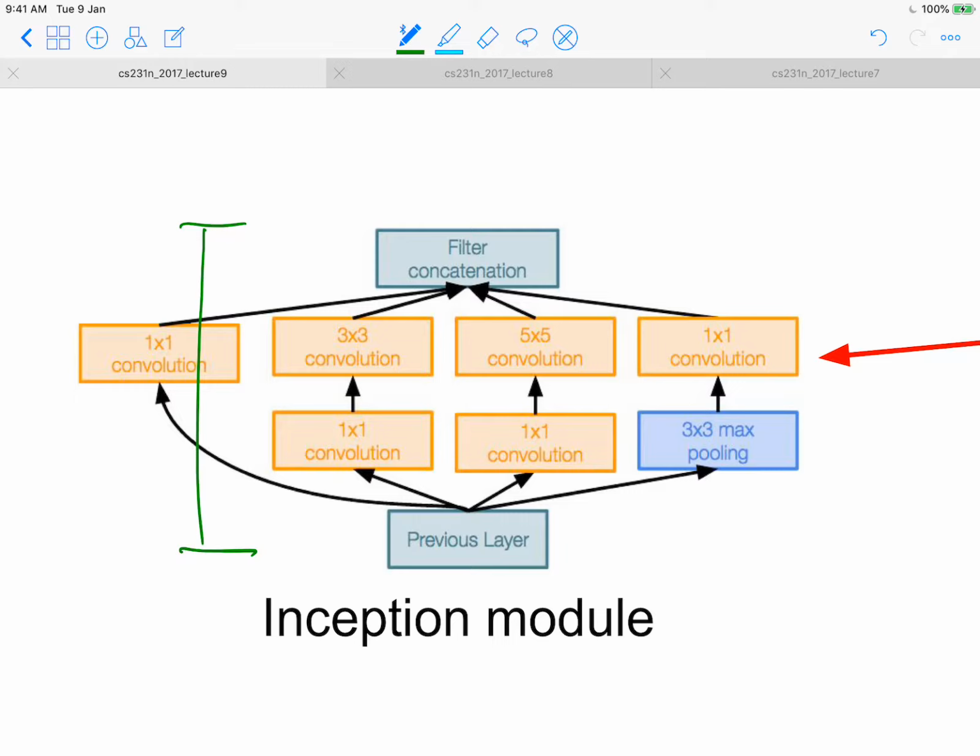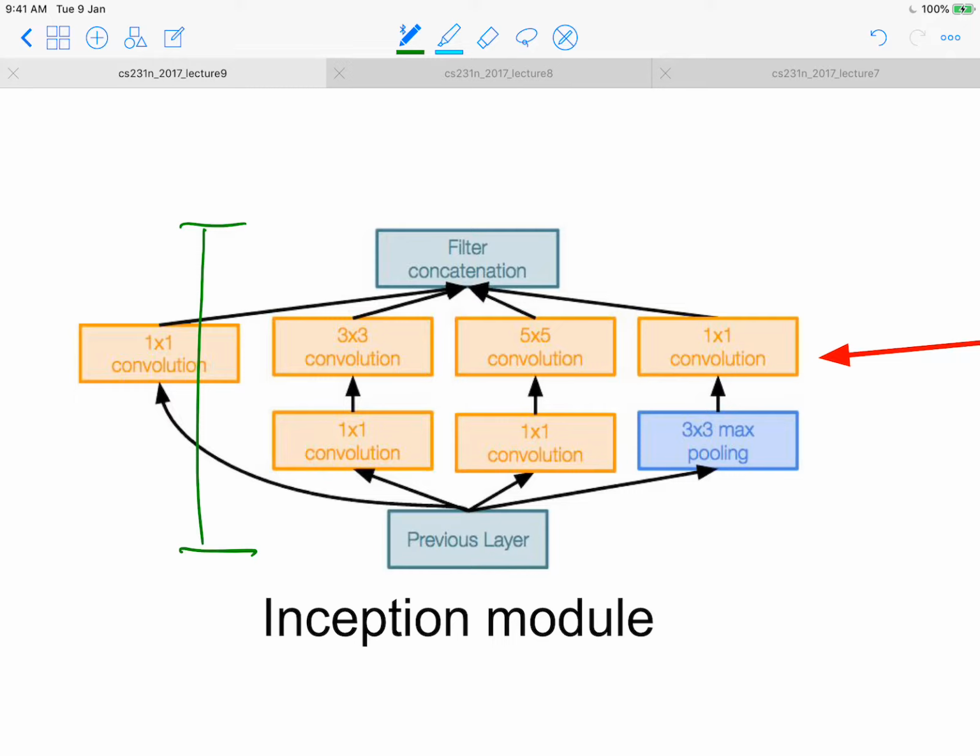We basically want to define our unit that is composed of multiple different branches, and each branch applies different types of neural nets, like max pooling and maybe 1 by 1 conv, and then maybe 3 by 3 or 5 by 5 conv, and so on, right? Once we have this kind of flexibility to define one particular unit in our neural nets,